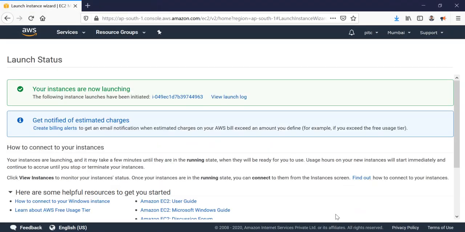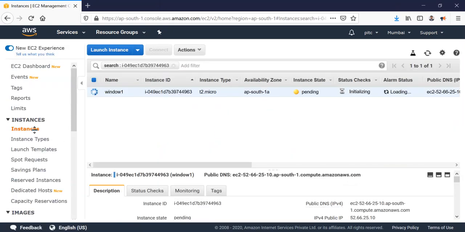It will take around 4 to 5 minutes. You can see the current status. When I click on that link, now it is showing me. I can close this one and I will be able to see the name is window one, which I gave to the instance. The instance ID is provided by Amazon only. The instance type, yes, and I'm able to see the availability zone. I didn't select any availability zone. This is my availability zone. By default, the region I selected is Mumbai, and it automatically took 1A, so you can go for 1B, 1C.